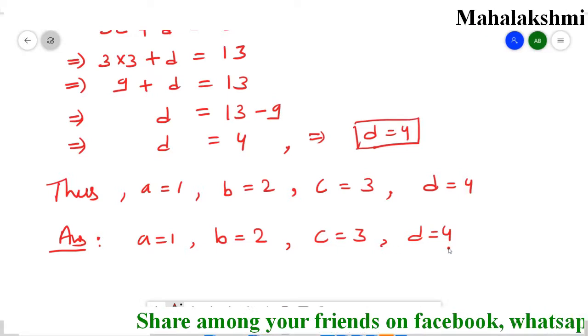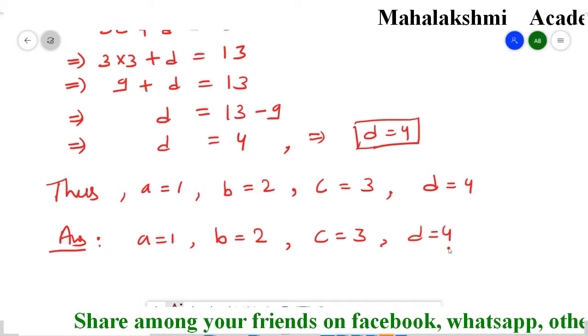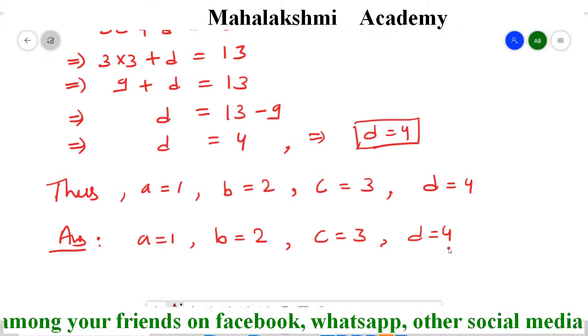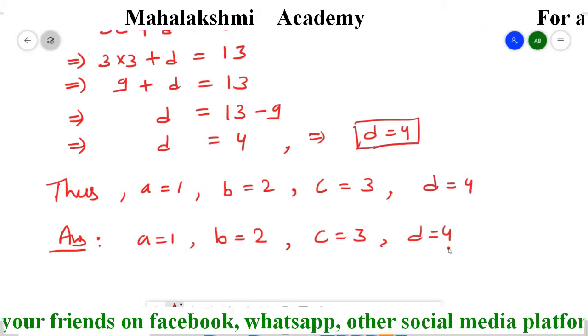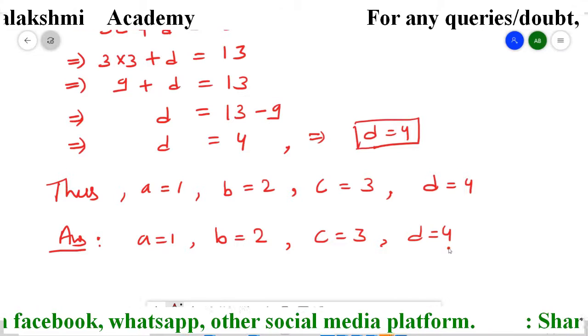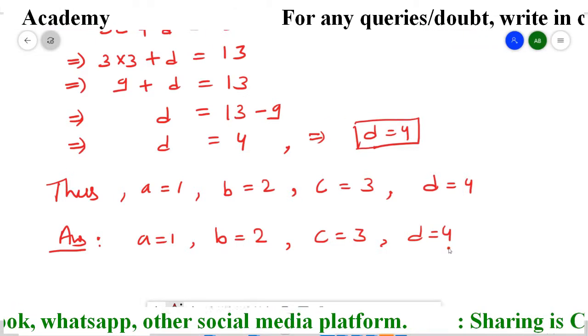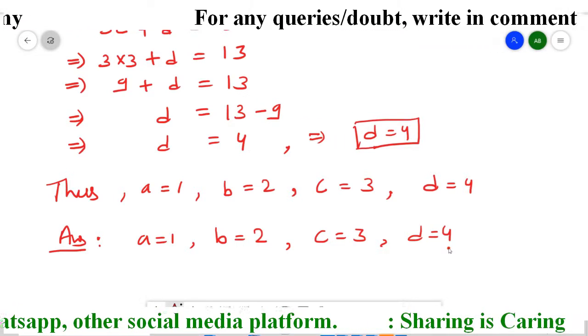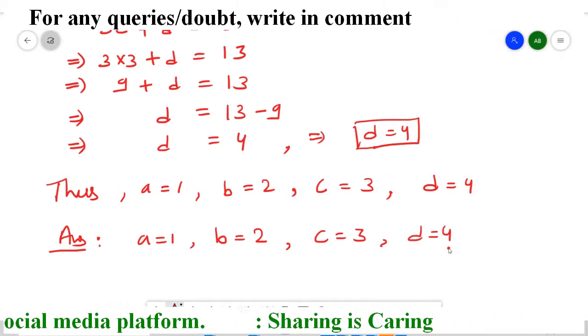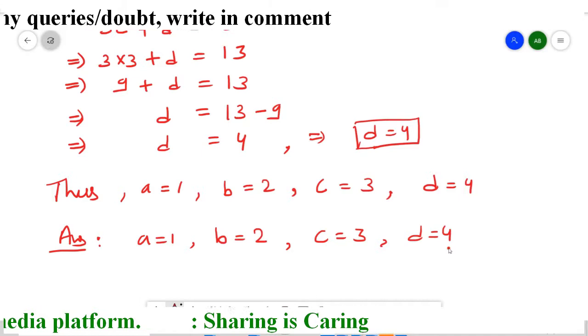So like this, both questions are completed, students. In both the questions we used two concepts we have learned. First, that linear equations can be represented in the form of matrices, and two matrices are equal. If it is given that two matrices are equal, the conclusion is that corresponding elements are the same. By using these concepts, we have solved these two questions.